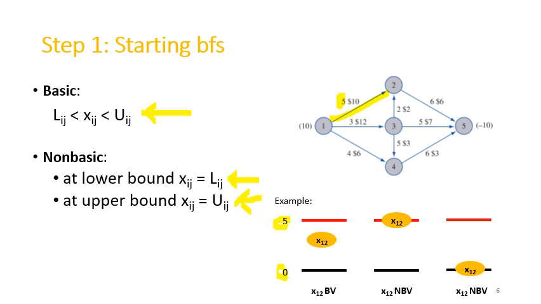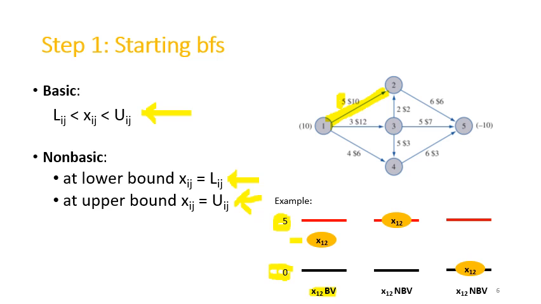Remember, because we obviously cannot transport negative units of flow through any arc. So here x12, the number of units that we can send from 1 to 2, has the lower bound of 0 and upper bound of 5. Now look at some possible cases. If the value of x12 is in between the lower bound and upper bound, x12 is a basic variable in